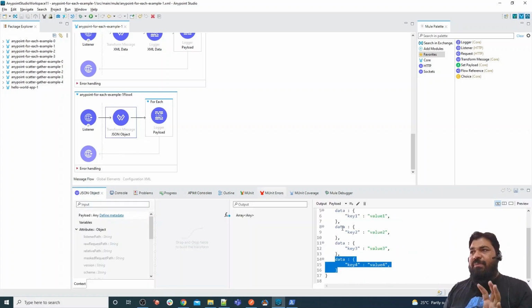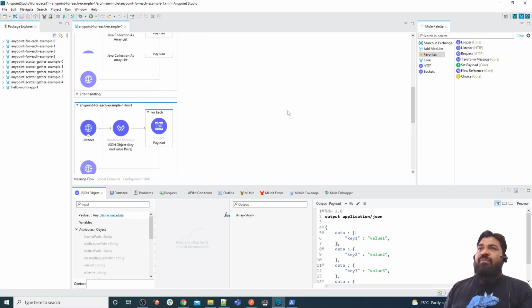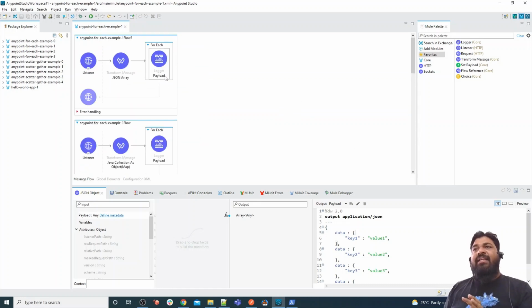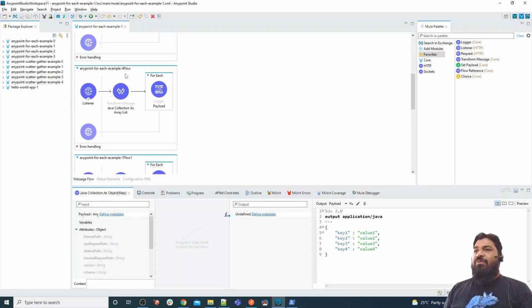So basically, whatever we provided, based on the object, it considered how many keys are available. As you can see, there are 4 keys available. It is an object, so that's how an object is also considered as an input for for each. The purpose of this example is to show how many kinds of input we can provide to the for each. In MuleSoft, the documentation says that we can provide application XML, application JSON, application Java. So that's how I created example 1, showing how many inputs we can provide to the for each.